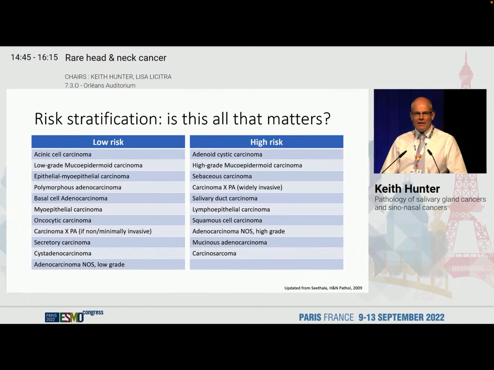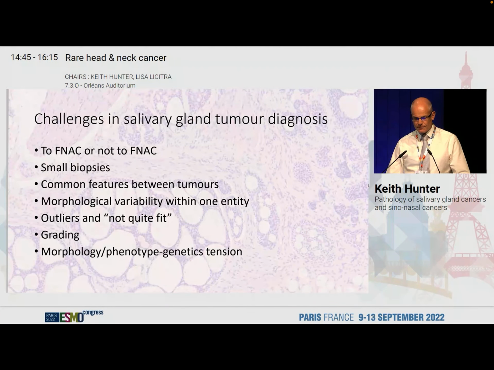So given that is the case, I think it is worthwhile that we pursue these through to actually defining the entities. There's always a question when you see the variability, and I'm going to talk a little bit more about the variability as Lisa has indicated, that we have to find out where the boundaries are between variation within a particular entity and when that stops and it becomes something else. And these boundaries are on many occasions not very well defined. But I think this is too simplistic and we should get to a definitive diagnosis if possible.